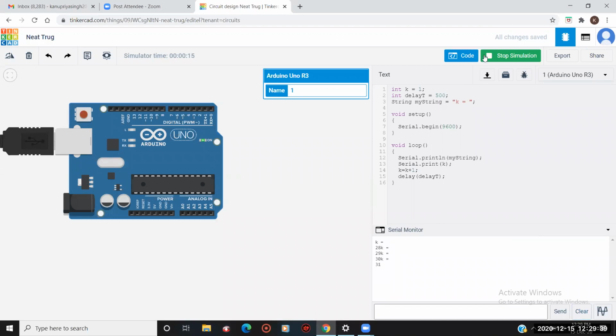Wait a minute. Stop the simulation. I have to change something here. What is happening in our code is that in this string, I have defined k equals to 1, k equals to 2, but it is not giving me that output because I haven't given the ln function here.